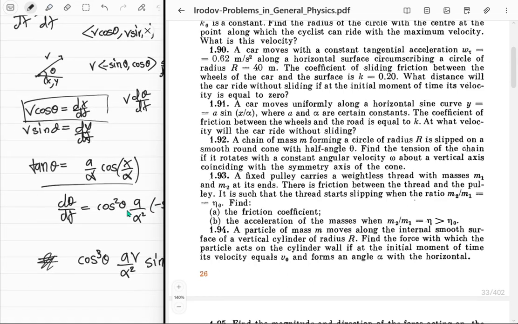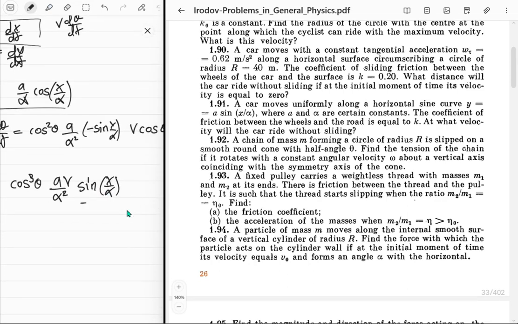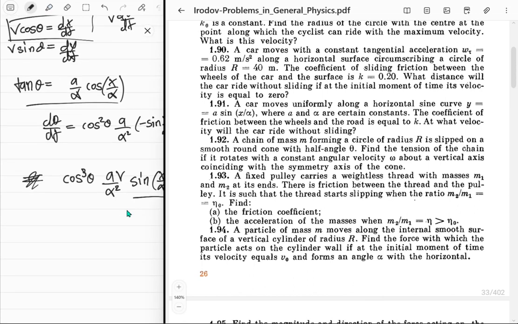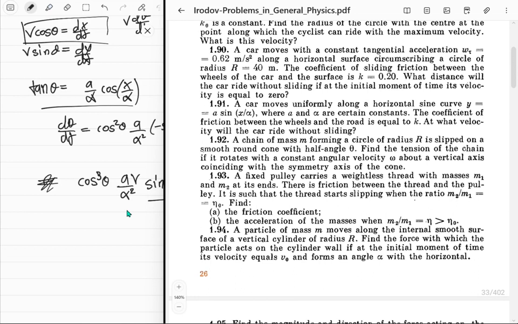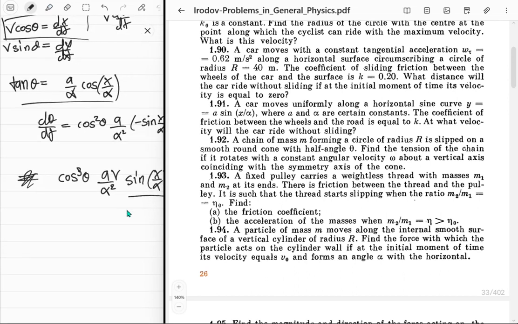So you've got this expression. Sine of, what about we write sine of x upon alpha in terms of theta? No, it's still, both of them are equally horrible. Okay, so now what we need to figure out is when will this be maximum? Oof. Yeah, so just think about it. Cosine cube theta sine of x upon alpha, when will this be maximum? So think about it as a function of x,